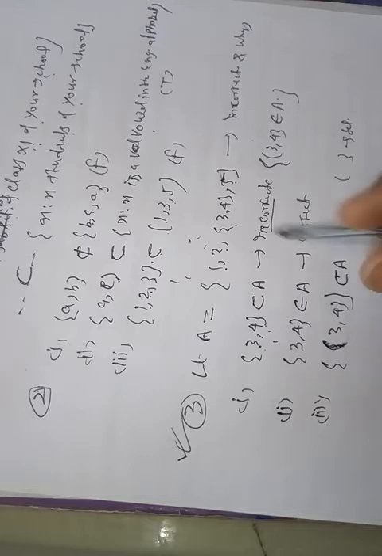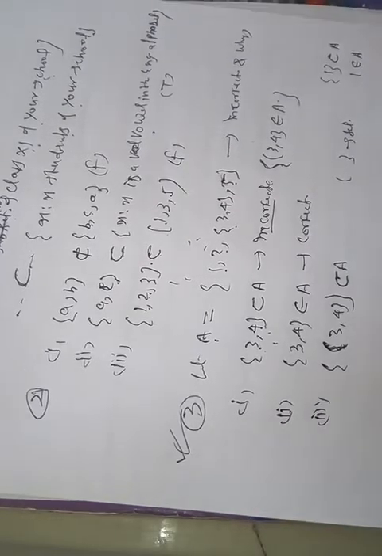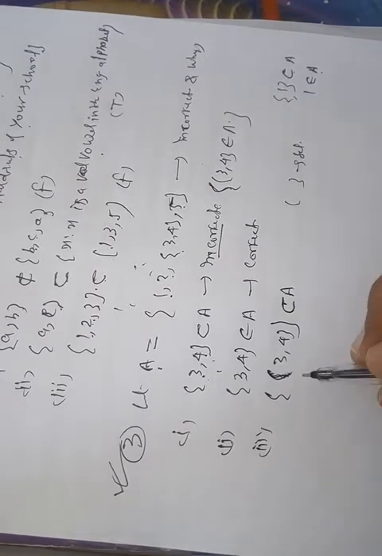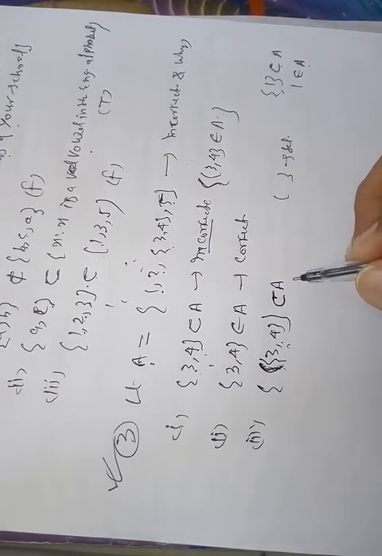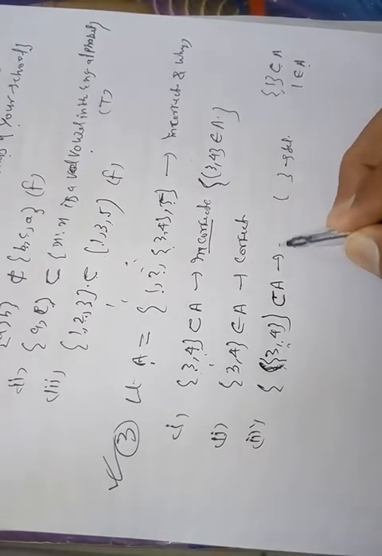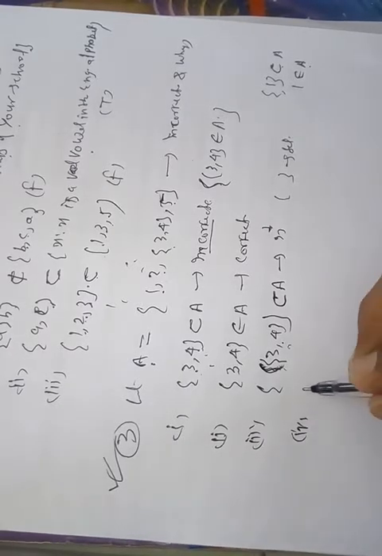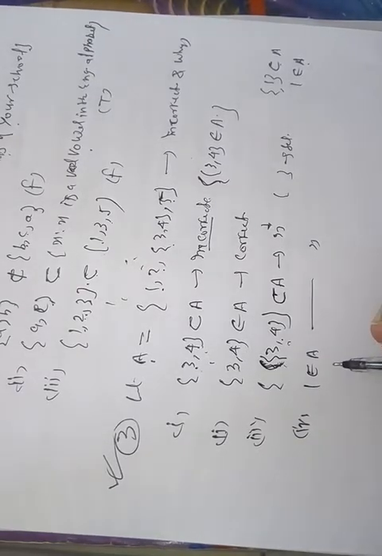This is an element already given in A; when we make a subset of A's elements, this is already a subset. This one belongs to A, but in this type of form it is a subset of A. One belongs to A, but this type is already a subset of A, right? Clear? This is also a subset. This is correct. Okay. And fourth, 1 belongs to A, this is also a comment question. 1 belongs to A, true, correct.